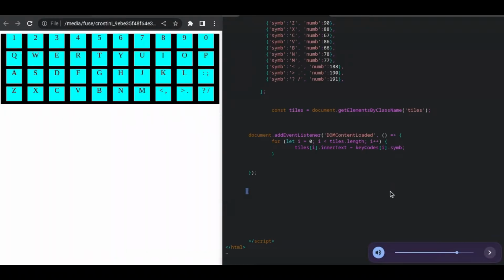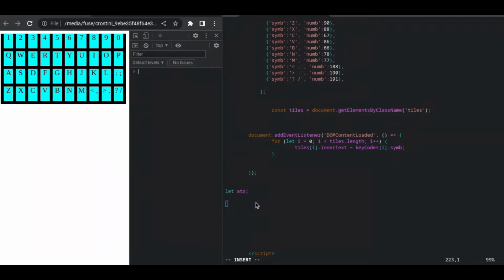So, the first thing we're going to do is make an audio context. You might be tempted to make a constant, but the audio context actually has to be started with a gesture or an event to avoid websites just blaring music on you. So we're going to start the ATX, and let's just make it easy. Let's just say